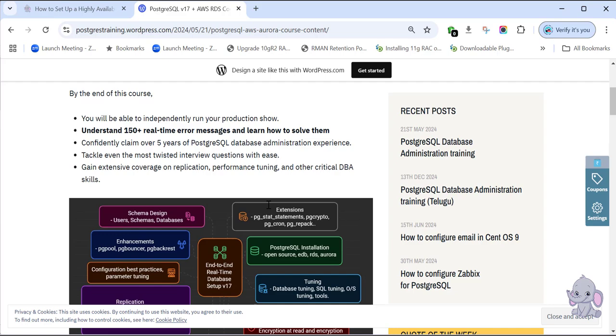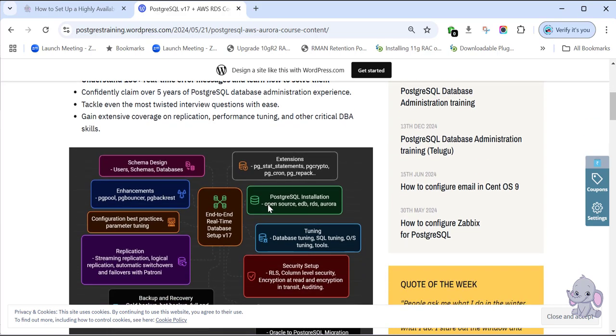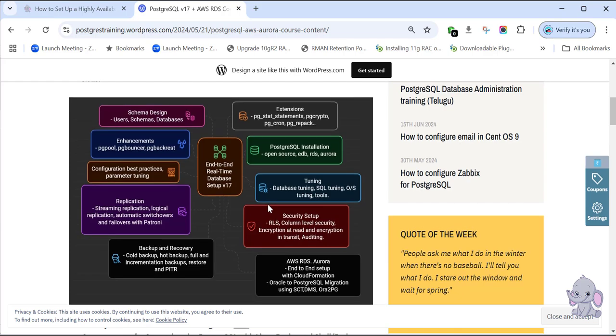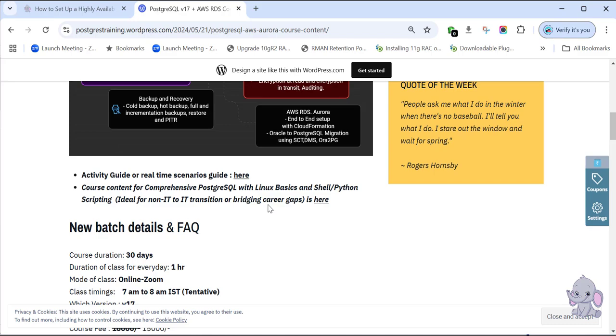This is going to be in complete real-time project-oriented mode. Project-oriented mode doesn't mean you do stuff in the virtual machines, but we take a real-time project and we'll try to understand what we do in a real-time project when a project comes up, right from installation to maintaining the database. What are the different aspects or different things that a database administrator does as part of a PostgreSQL database